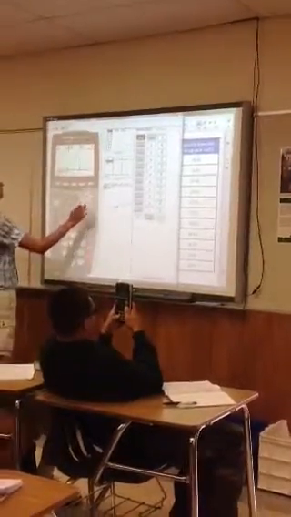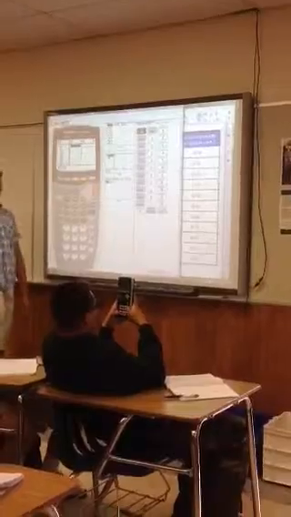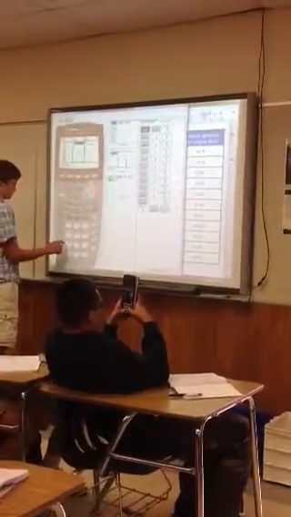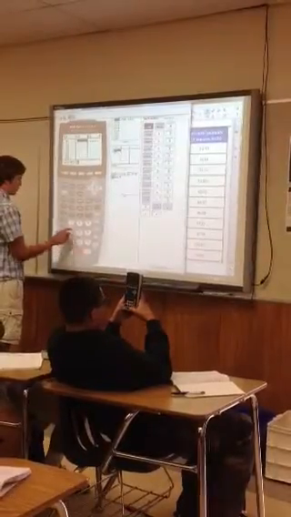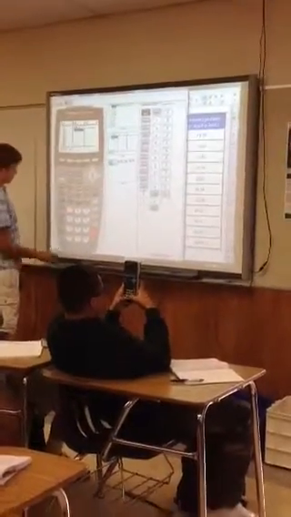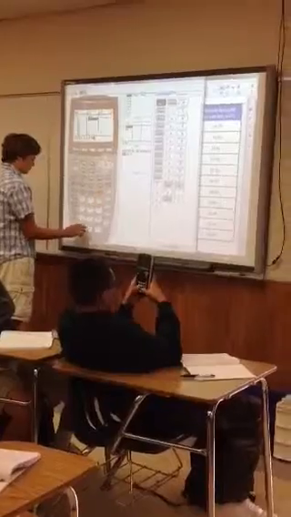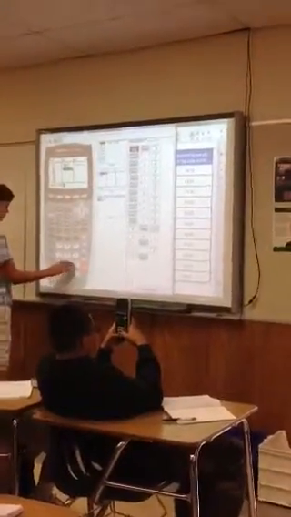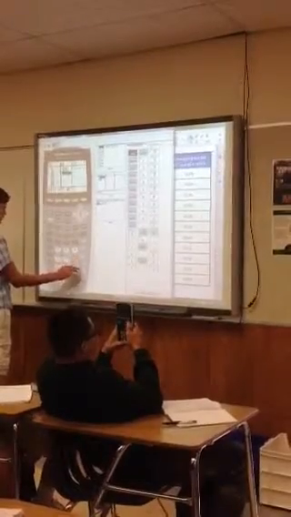Use left and right arrows. It's not a touchscreen. There you go. You use L2, and you're going to put in all the Y values. So 14.7, 19.03, 23.36,